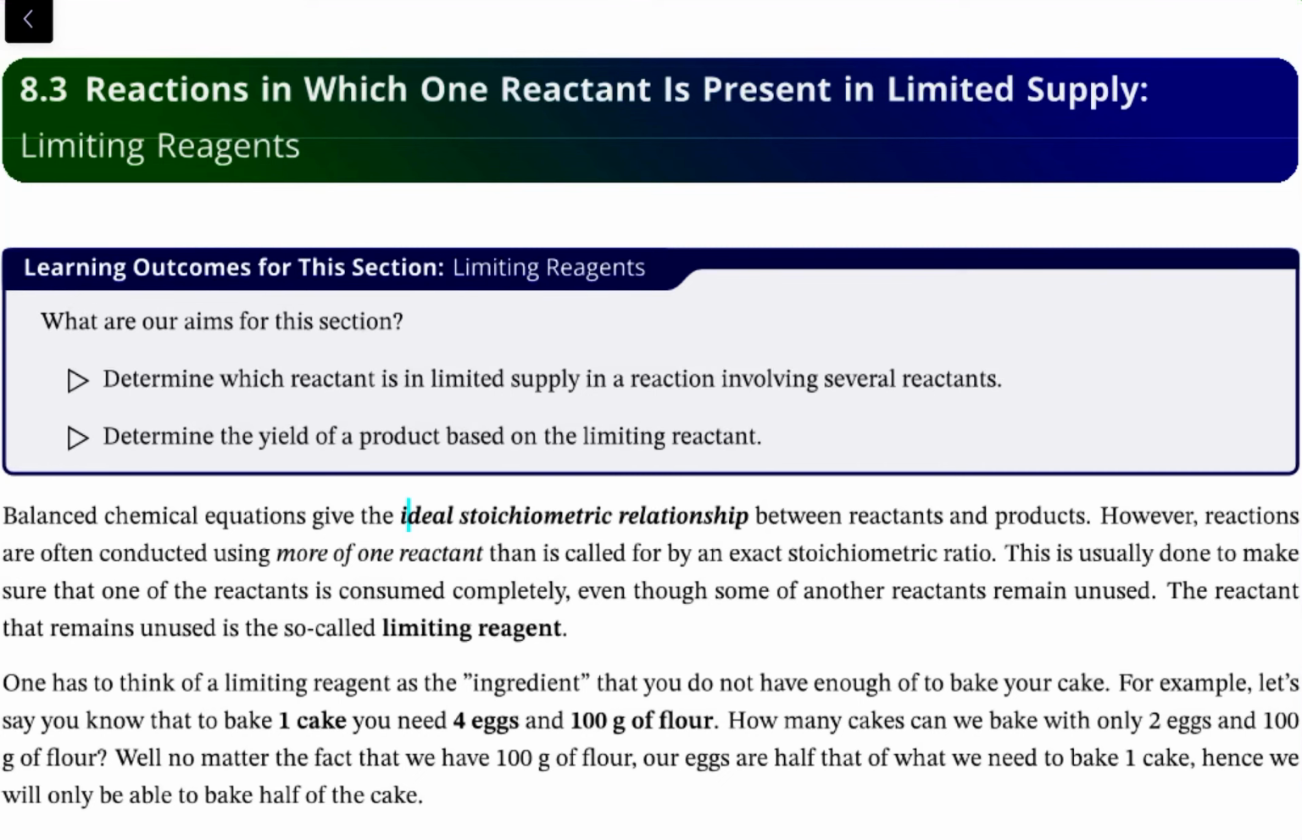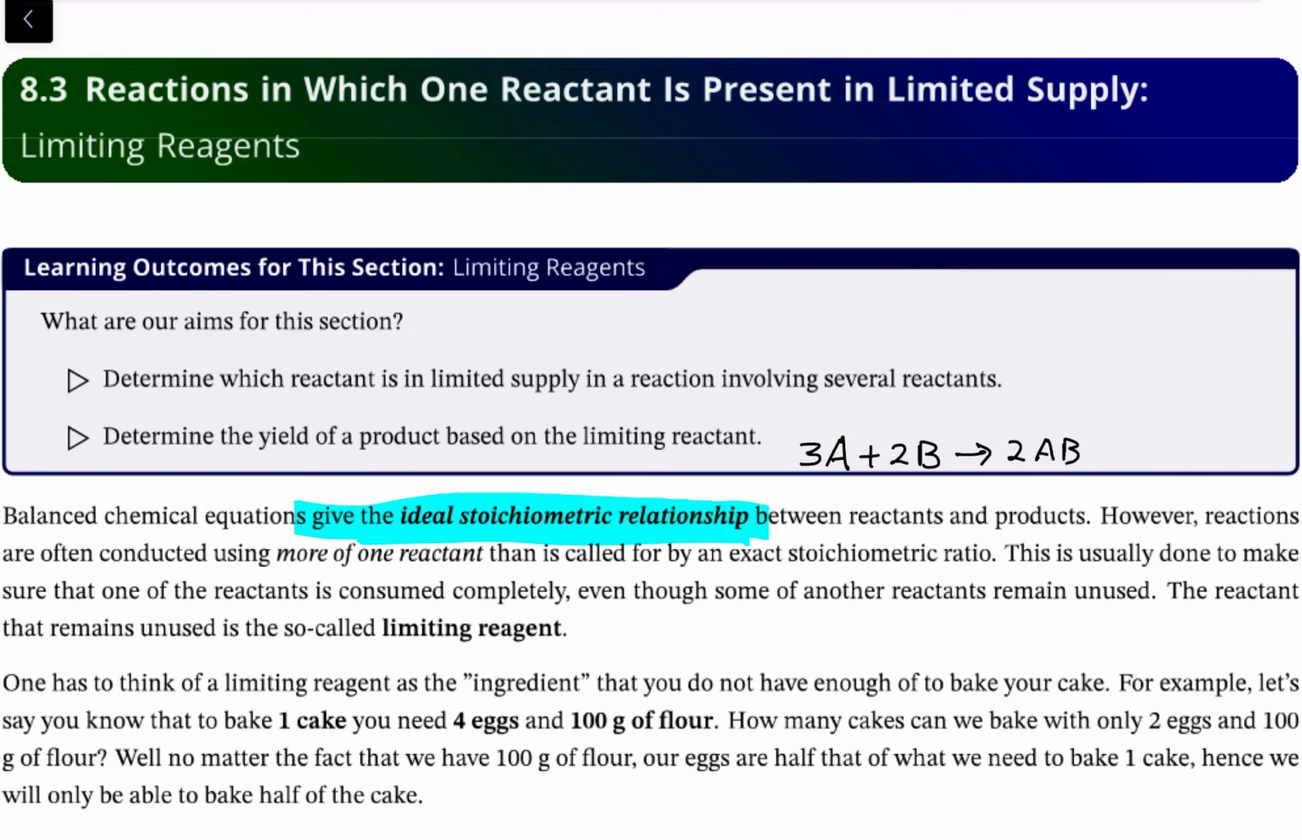All right, so let's look at the concept of limiting reagents. Now, limiting reagents can sometimes be a bit of a daunting topic, but the basic idea is that your balanced chemical equation, as you always write it, gives you the ideal stoichiometric relationship. So it says if you write something like 3A + 2B gives 2AB,